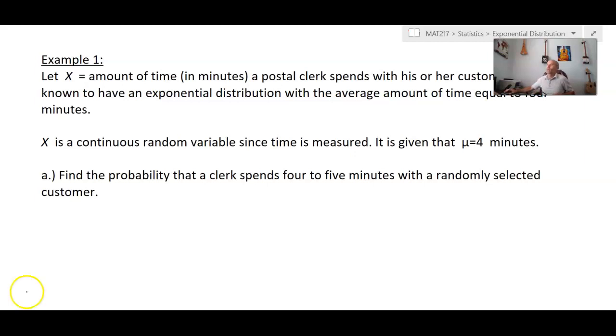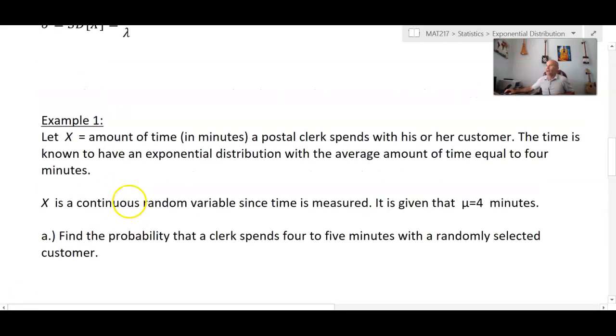We're now ready to take a look at an example of working with the exponential distribution. So let's let x equal the amount of time, measured in minutes, that a postal clerk spends with his or her customer. So already we're probably thinking in terms of how long a postal clerk spends with his or her customer. Probably most of those interactions are going to be very short, and very few of them will